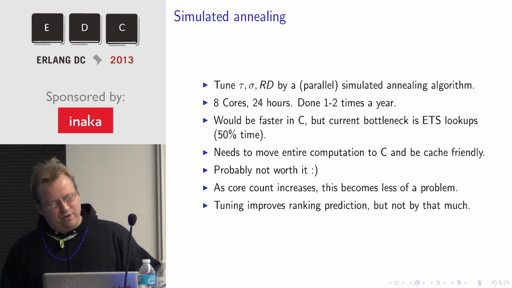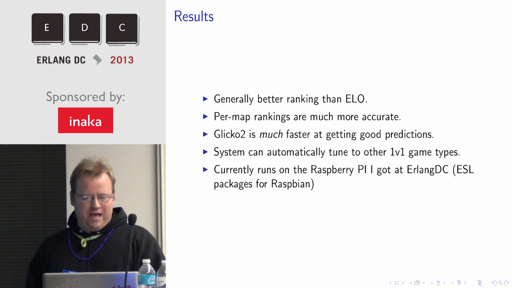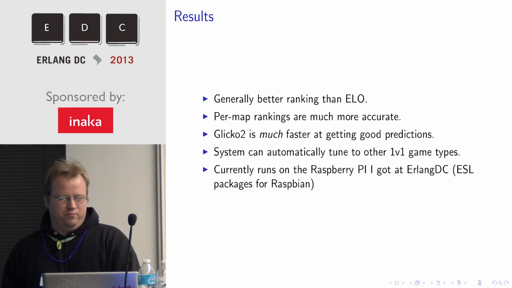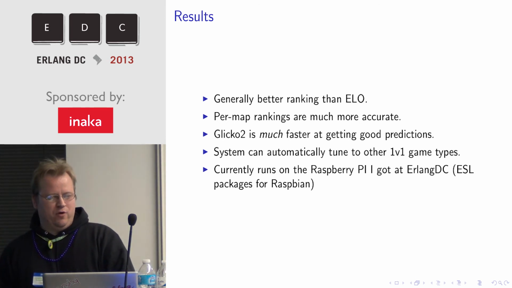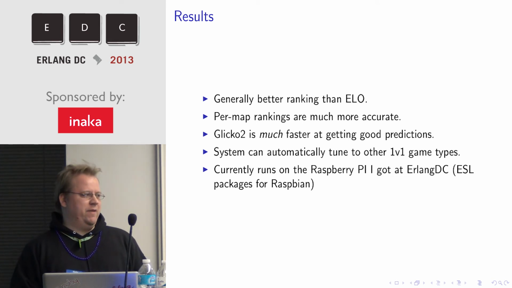So it improves ranking, but not by that much. The results I have are that I generally do better at ranking than Yellow, way better. And I do per-map rankings, which are way more accurate. And most importantly, I hit the right ranking of a player with only very few matches, like 10 or 12 matches, and I know very precisely what the player is